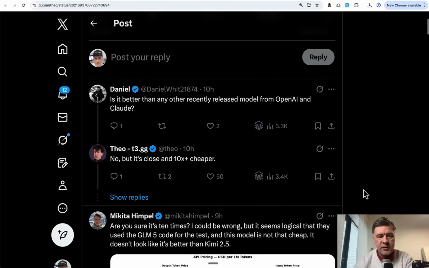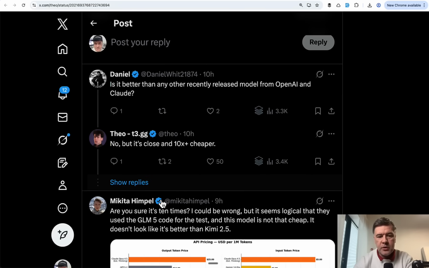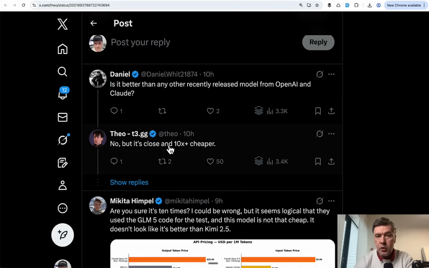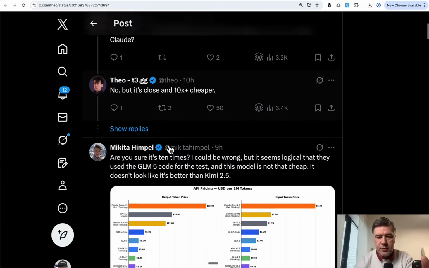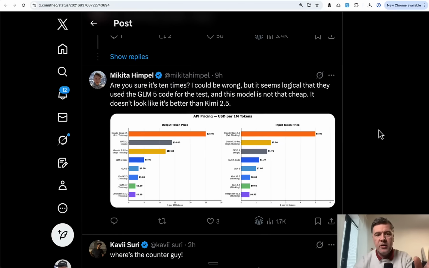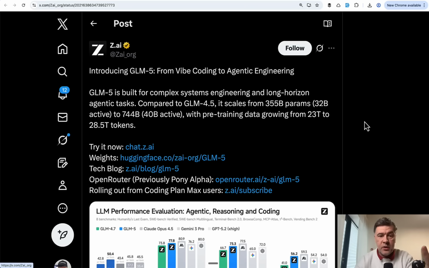This is also summarized by Theo in the reply to the tweet. It's close to Opus and GPT, and it is 10 times cheaper. Of course, the actual price depends on your subscription and your usage, so there are nuances, but it is really much cheaper. So yeah, I do advise that you at least try GLM-5 and see for yourself how it works